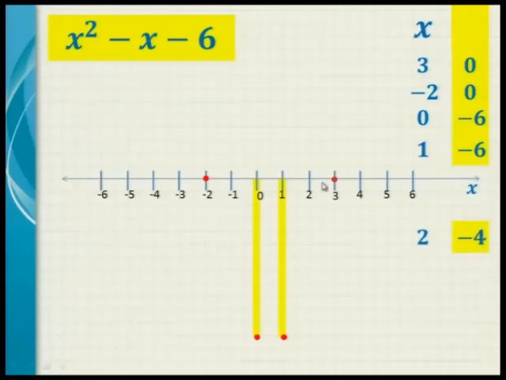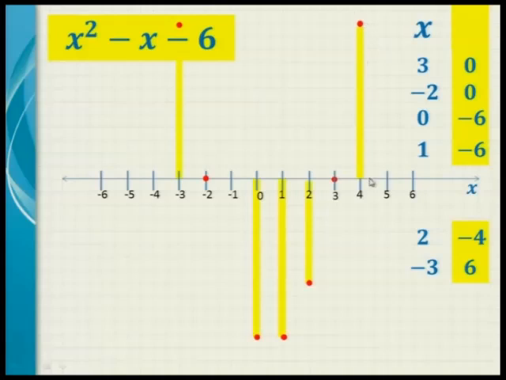Let's take another one, 2. Let's take 2 here, that's the next one here. 2 squared is 4, minus 2. 4 minus 2 is 2, minus 6 is minus 4. 2 gives me a value of minus 4. That's somewhere here. Okay? So now I'm getting different values for the yellow box for different values of x. I can take another one. Let's take minus 3, the value here. Minus 3, that will give me 6. You can go and work it out for yourself if you're not sure. 6 is somewhere up there. There's the 6 value.